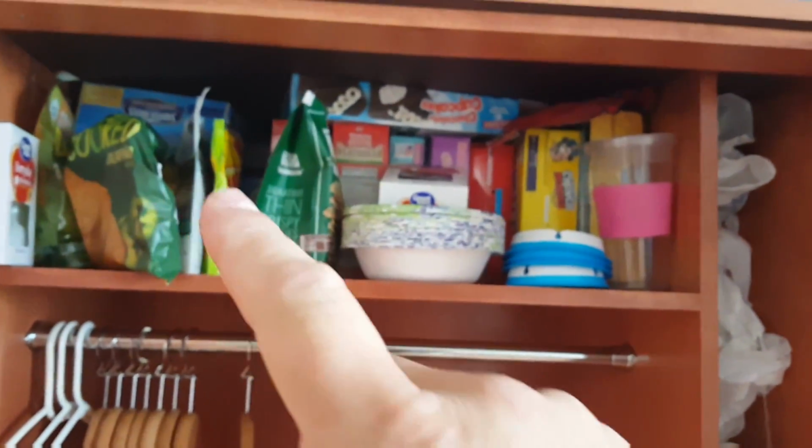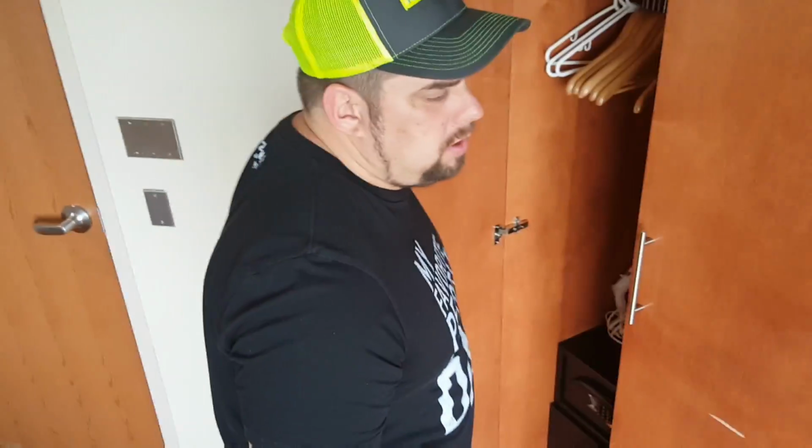But what happens is I gotta have, not the cookies and stuff, but I gotta have snacks for Lacey, because right now it's like 10:15. She should be done with her radiation at about 10:30 or 11. And what happens is